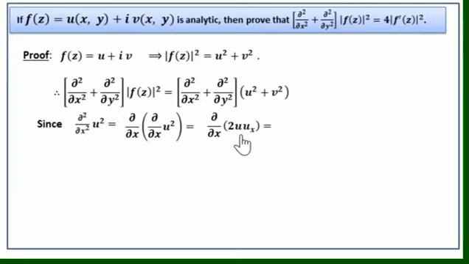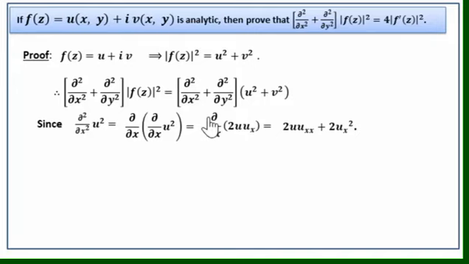So keep one function constant and differentiate the other function. So what is the derivative? Keep the first function 2u constant, and differentiate ux with respect to x. So ∂/∂x of ∂u/∂x is ∂²u/∂x², or we can write uxx, plus, now the second term, keep ux constant, the derivative of 2u with respect to x is 2 ∂u/∂x, that is 2ux, 2ux into ux, so it is 2ux². So this is our ∂²(u²)/∂x².